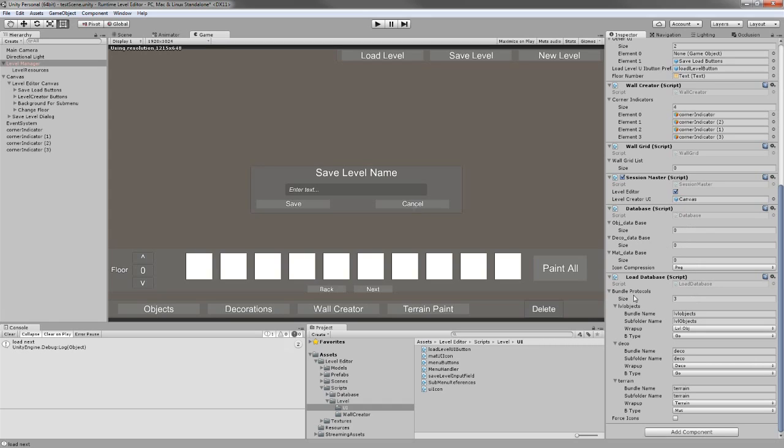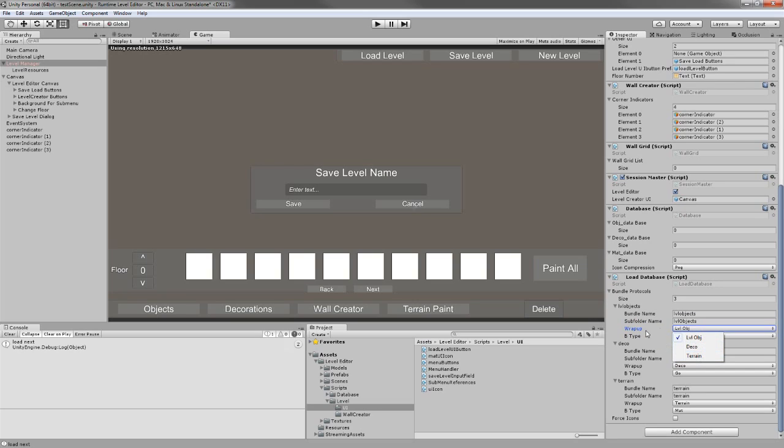And instead of keeping one bundle name, we're going to separate bundle protocols, and I can add everything I want over here, and it's going to try and find them. So every asset bundle protocol will need a name and the subfolder name where the icons are. It's best if you keep them separated from each other, otherwise it might load an icon that you do not want. The wrap-up enum will be,